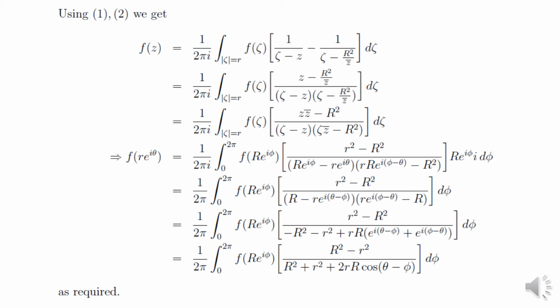After this, it is a question of simplifying it, and then we take the LCM. Here we took the LCM, so this becomes z̄ − R²... and z̄ will cancel out in the denominators, giving (ζ − z)(ζz̄ − R²) as the term. And we know that